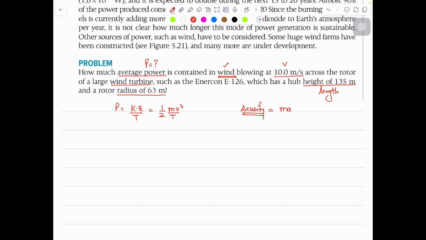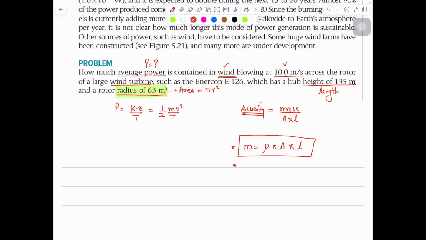So density is mass divided by volume. Volume is equal to area times length. So can I say mass is equal to density rho, area, length. Now the question will come to your mind, why am I doing all these things? Because the radius is given. If the radius is given, I need to find area. This is very, very important. Area is pi r square. So I converted the mass, and the second step, what you need to know is the meaning of